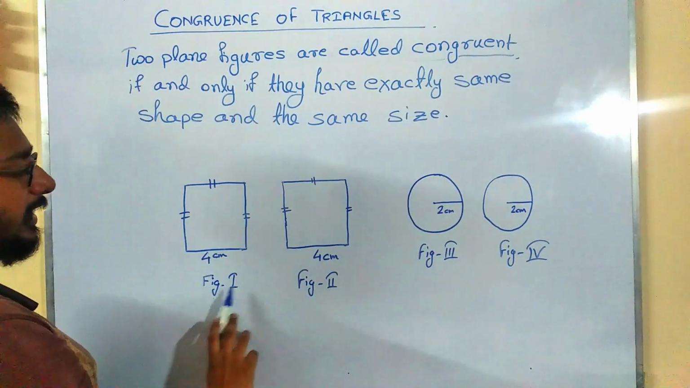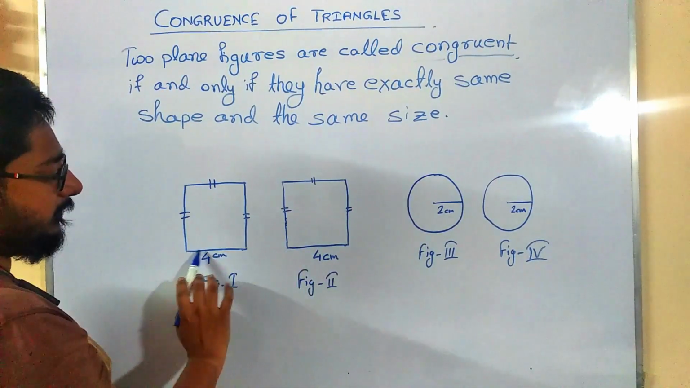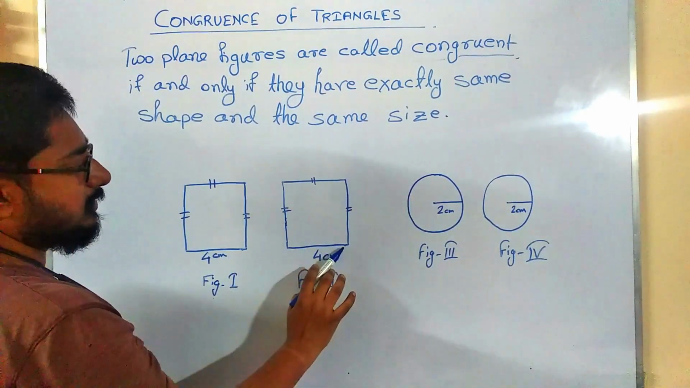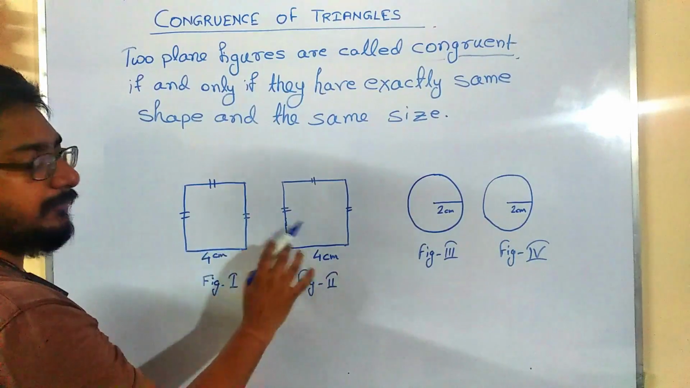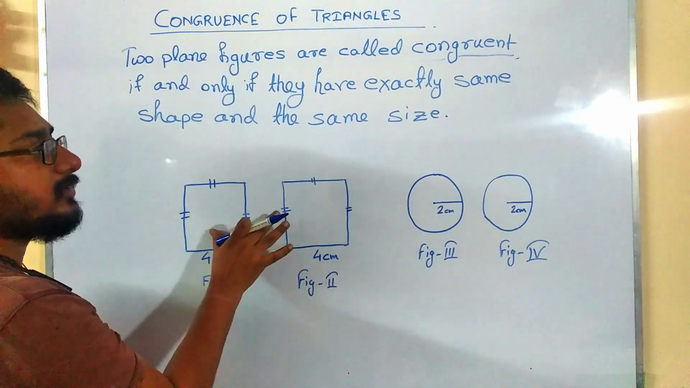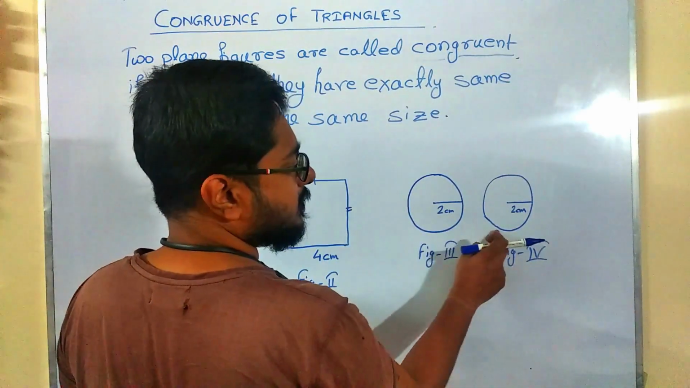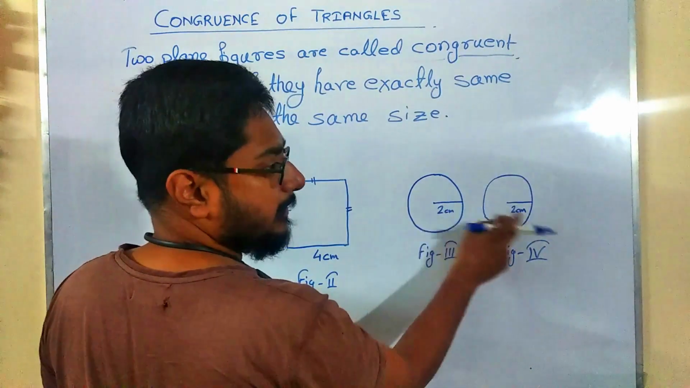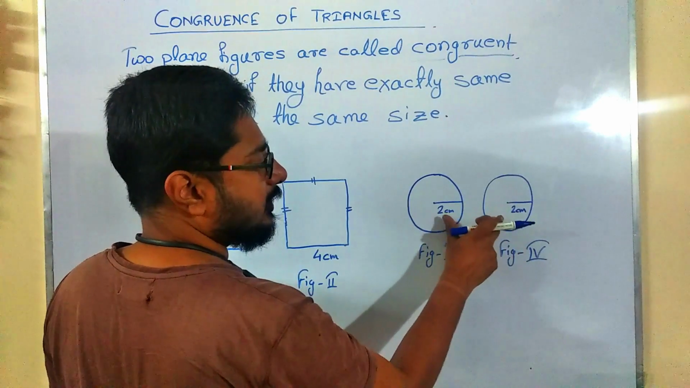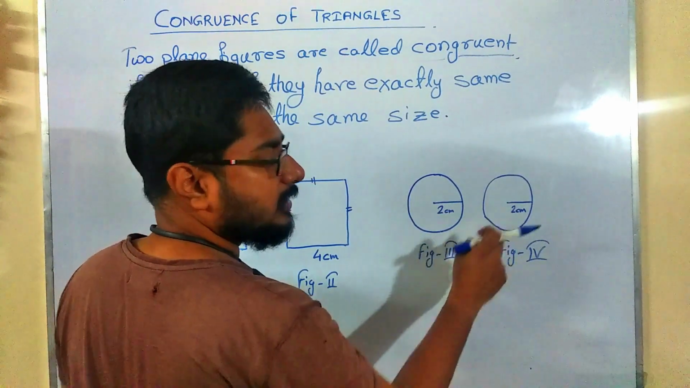Suppose in figure 1 and in figure 2, these two figures have equal length, which means each side of this figure is of equal measure, so we can say these two figures are congruent. Now in figure 3 and figure 4, as you can see, two circles are there whose radius are the same. That means every part of this figure is equal and the same size, so we can say these two figures are